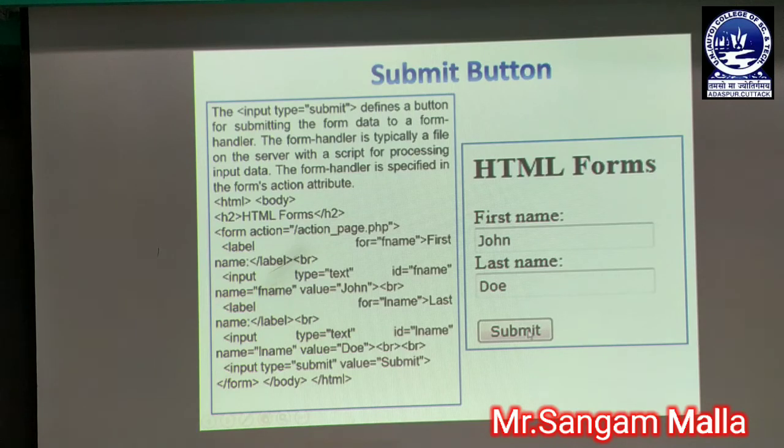That means whenever we click on the submit button, all the text that has been collected in the form will be transferred to the page action_page.php, which has been stored on the server side. Whatever data is collected in the HTML form will be collected by the submit button only, and it will be transferred to the appropriate server page which has been specified inside the form tag under the action attribute. So you can see that the implementation of the submit button has been written over here and the reflection is over here.